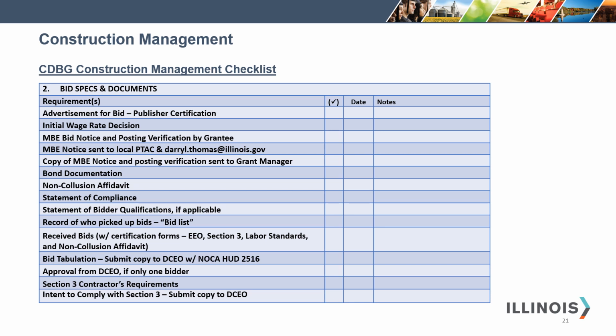Section 2 of the CDBG Construction Management Checklist is for the bid specifications and documents. It must include the advertisement for bid and the publisher's certification, the initial wage rate determination or decision that was requested at bid advertisement, the MBE notice and posting verification by the grantee, the MBE notice sent to the local P-TAC Center and Daryl Thomas at DCEO, a copy of the MBE notice and posting verification sent to your grant